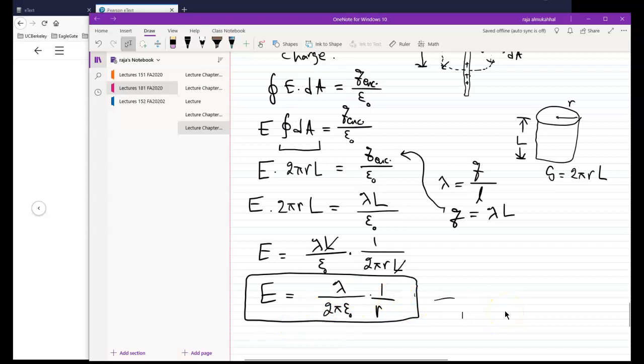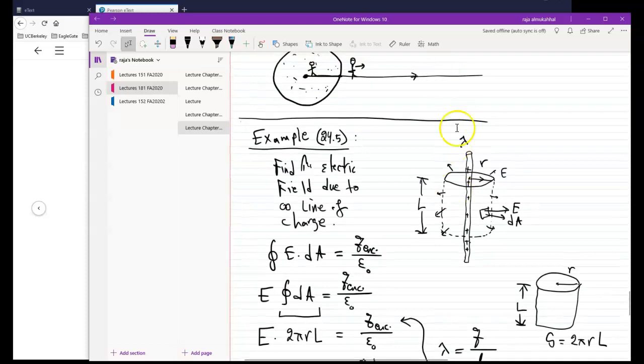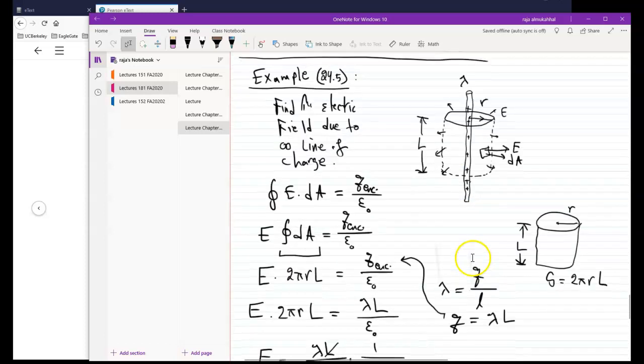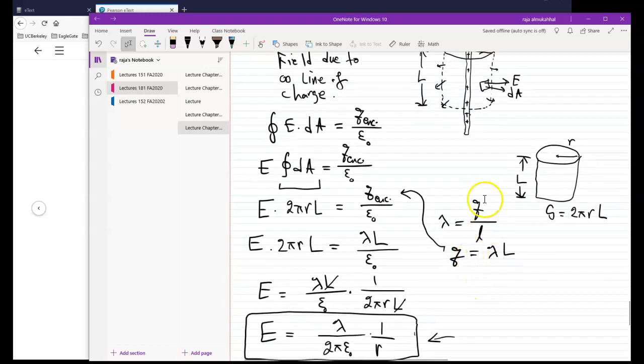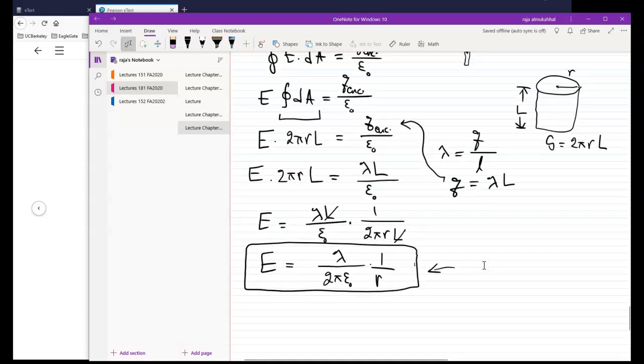Here it is. This expression describes the electric field of a cylinder, or a line of charge of any length, whether it's infinite or not. You will get the same expression regardless of how tall the cylinder is or how long the wire is. That's what's interesting about this expression. And by the way, we have encountered this expression back in chapter 23. If you go back